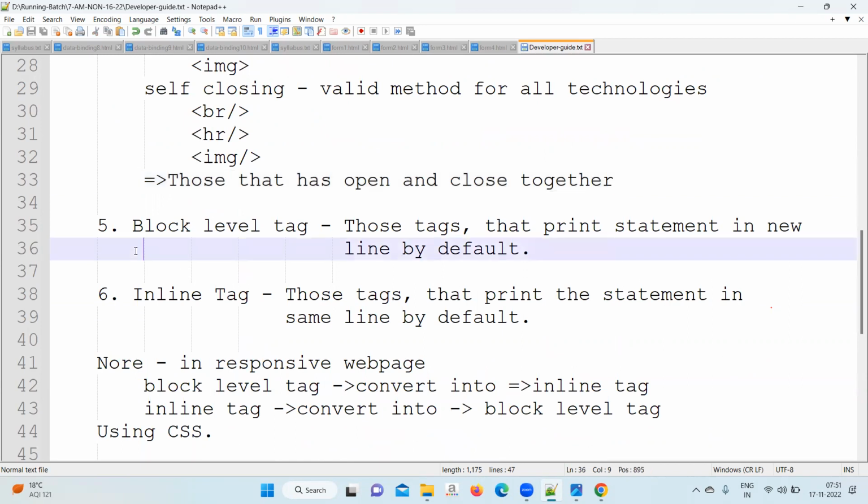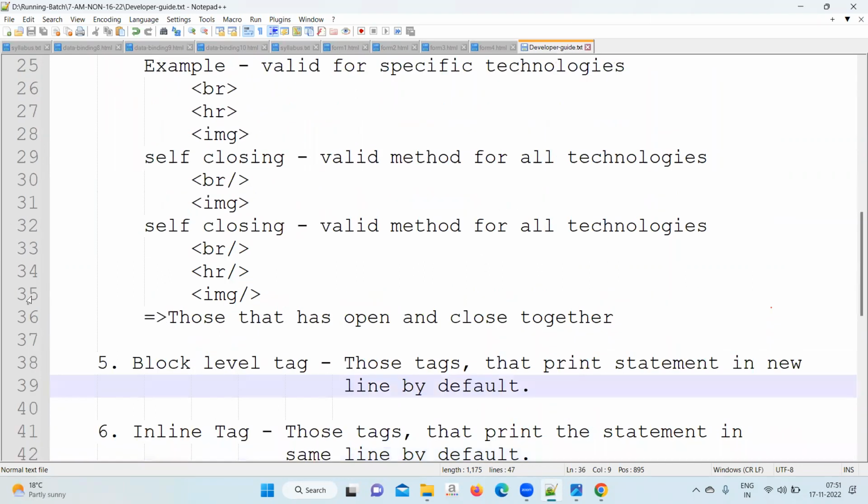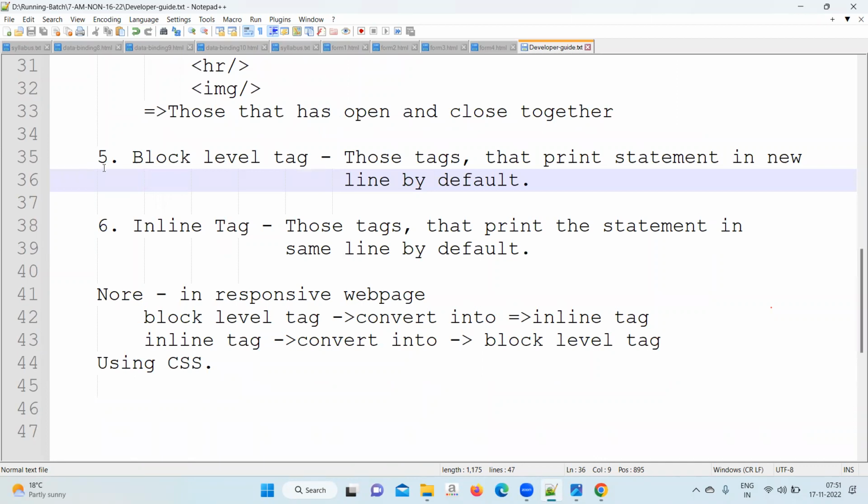Then after that, points number 4 and 5, where are they going to help? They are going to help you while creating a page that is browser independent. It should not be specific to one browser. It should work in all browsers. You need to follow rules number 3 and 4. Points number 5 and 6, what do they say? They say, yes,